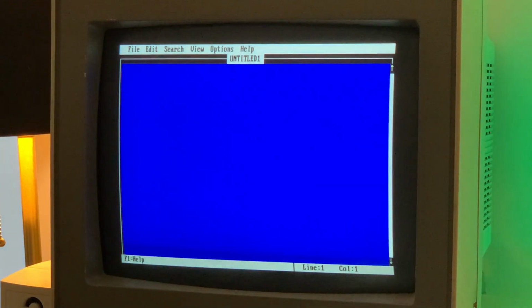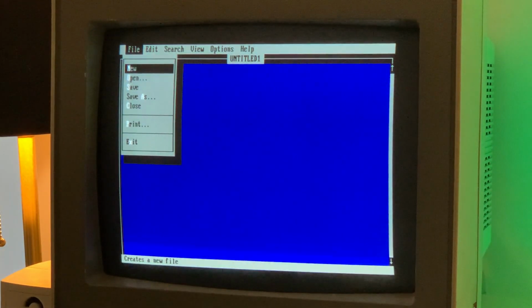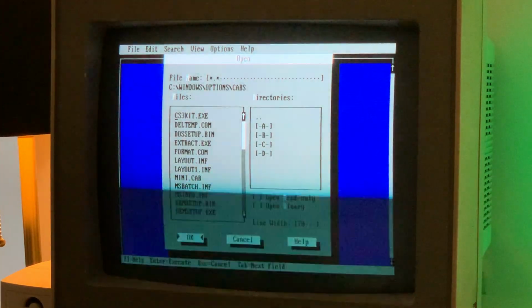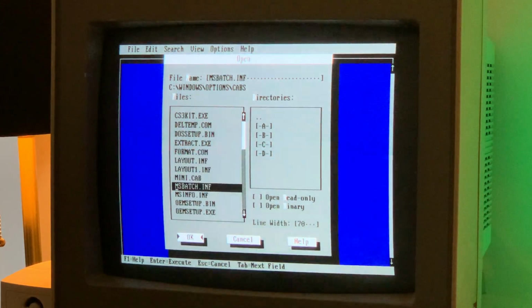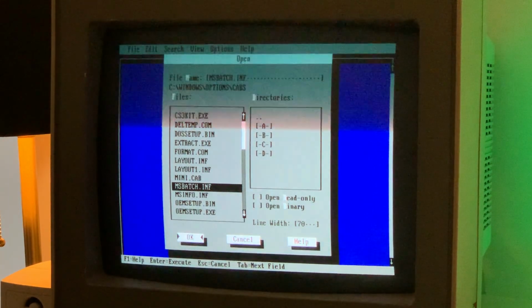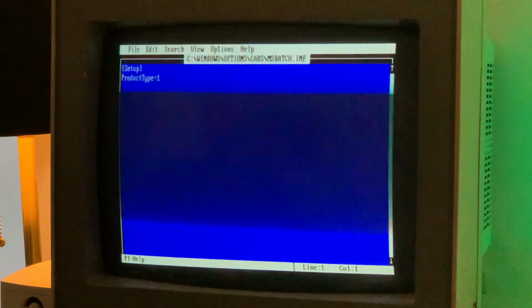Another optional thing you can do before running the setup is to open Edit, and look for the msbatch.inf file, or create it if it doesn't exist.